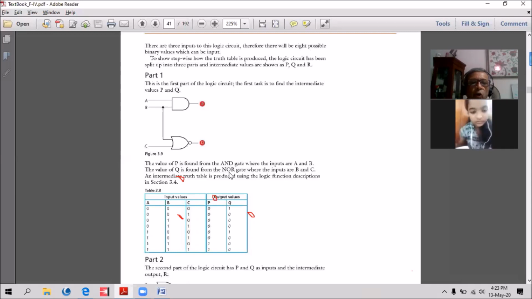truth table rows. Yeah, 8 rows, and then the input values are here A, B, and C. Output values are P and Q. Temporarily, we are having these 2 for this smaller section.